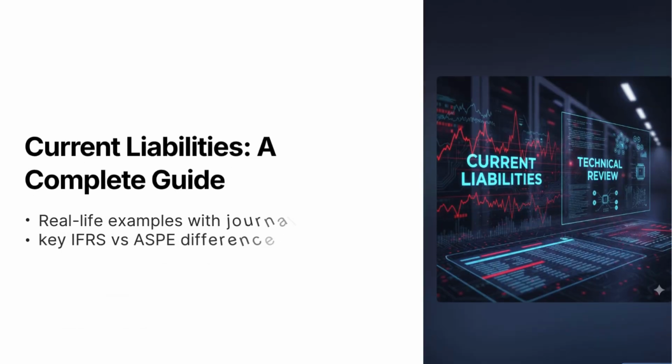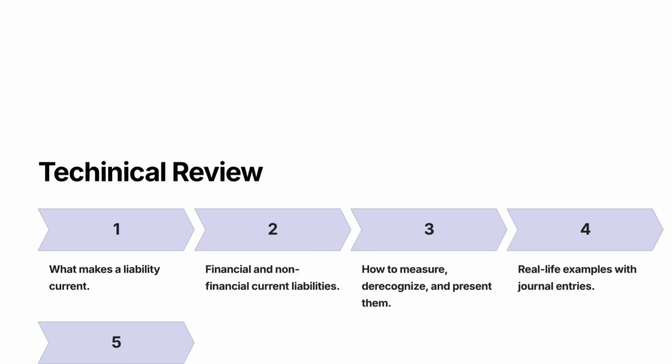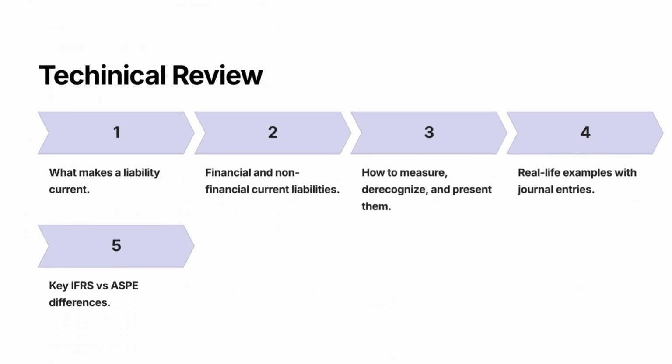If you've ever looked at a company's balance sheet and thought, wait, why is this loan listed as current and that one as non-current? You're not alone. Today, we're breaking down current liabilities, one of the most foundational topics in financial reporting. In this lesson, you'll learn what makes a liability current, the difference between financial and non-financial current liabilities, how to measure, derecognize, and present them, real-life examples with journal entries, and finally, the key IFRS versus ASPE differences you need